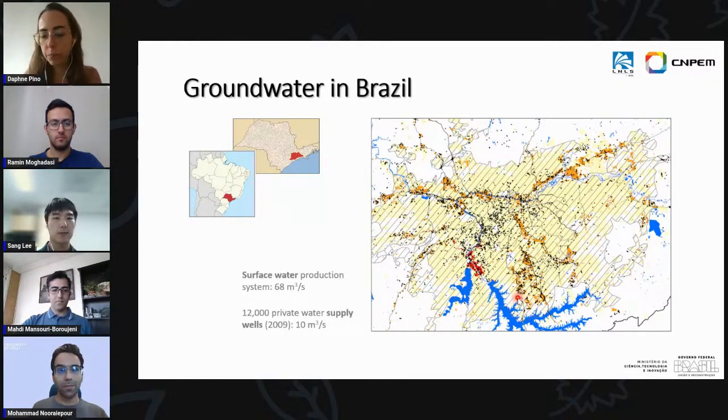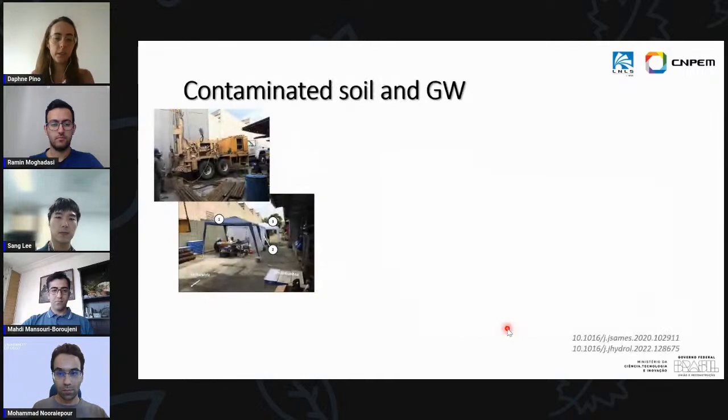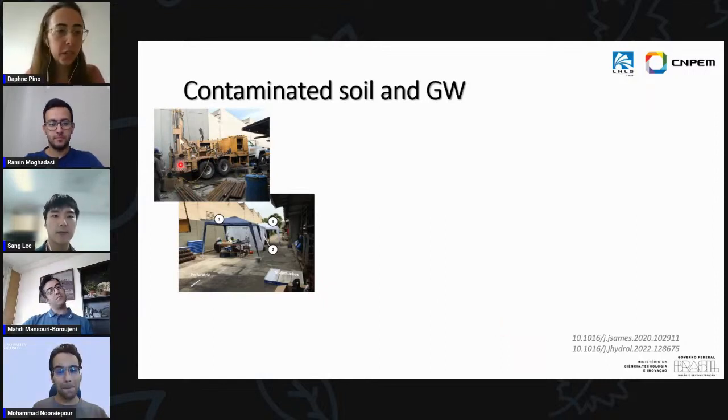So this is a very big problem in many industrial areas, in many urban areas, not only in Brazil, but throughout the globe. And we did some studies in this red area that you can see here. This is a typical study that we do as geologists at the regional or local scale. So we usually go with a driller.